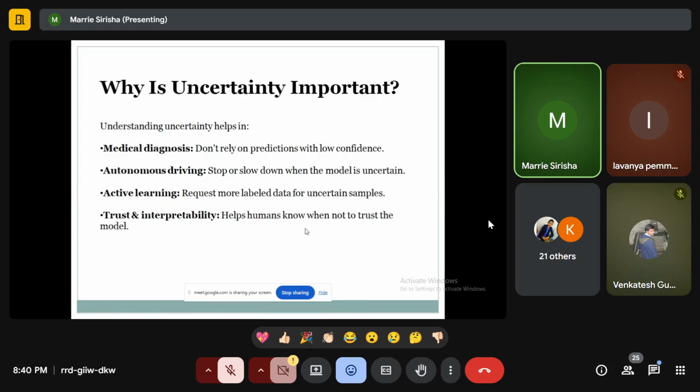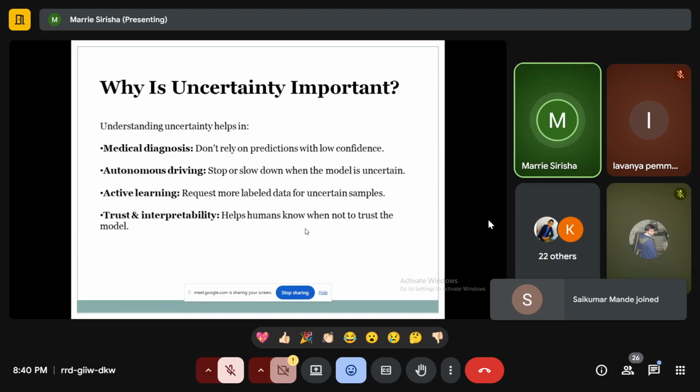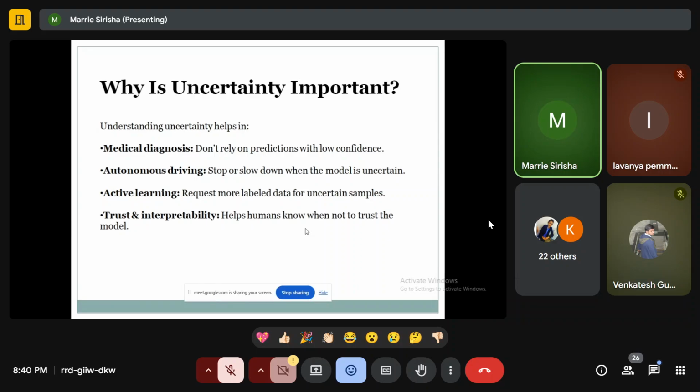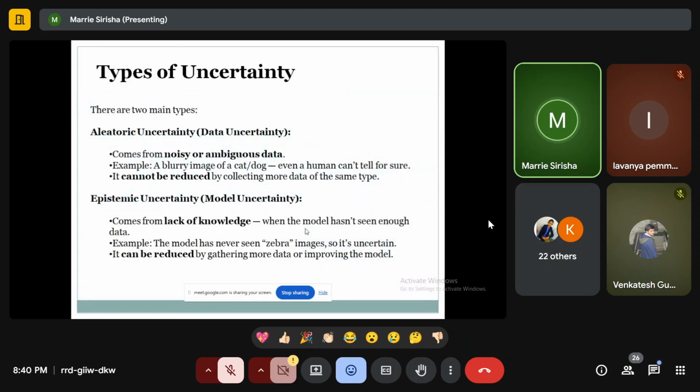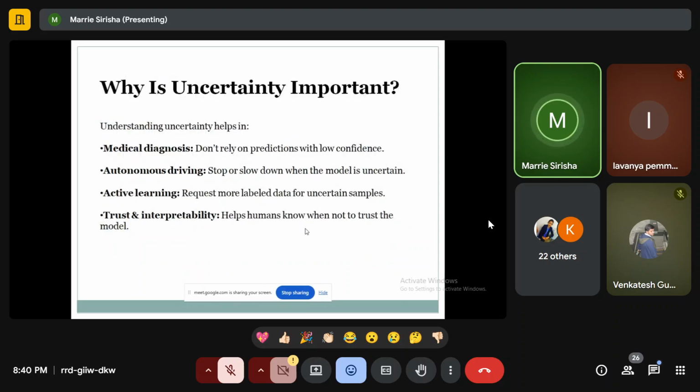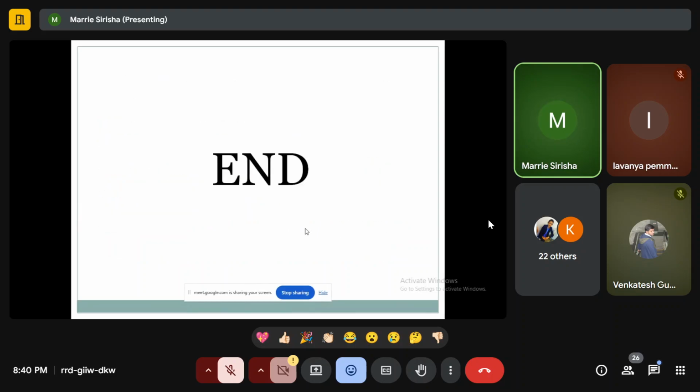This helps humans know when not to trust the model. The trust is also important, right? Whether the model is performing well or not, it will help the human basically. So this is what uncertainty estimates from a classifier means. You have two types and why it is important. Okay,